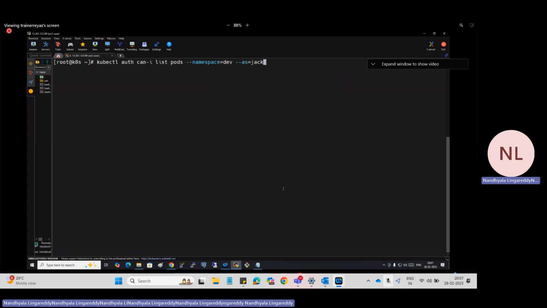If I run the command when Jack has logged in, what I'm asking here is, can he list the pods? The answer is yes in green color, no in red color. Delete.